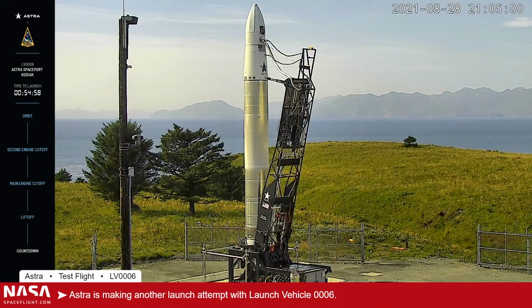And so with this vehicle, we've made adjustments, we've resolved that issue, and we've made a few other enhancements in order to improve our payload capacity on this flight. And with that, we're hoping for a great outcome with today's launch. Can you talk a little bit about what those upgrades and changes were between Rocket 3.2 and the debut of Rocket 3.3 today? Yes, so first of all, the issue that caused us to fall a little bit short of